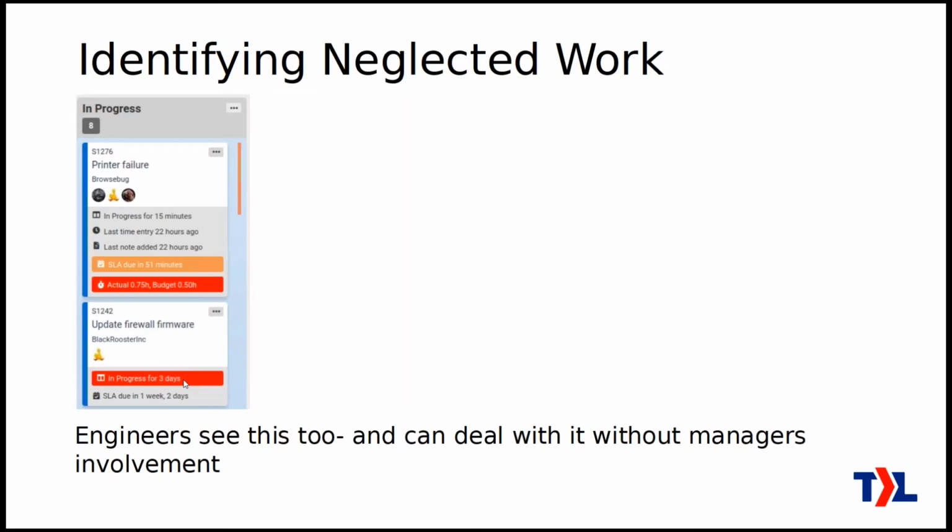Let's highlight this so that we see this in a special way compared to the other tickets that have only been in progress for minutes or hours or 1 or 2 days. So it makes it really easy from a manager's point of view to see what are the tickets that need some extra attention right now, but it also allows the engineers to see it, right? They're using the same tool. And so it actually gives the engineers a lot more ability to also notice these problems and deal with them themselves even before the managers need to get involved.